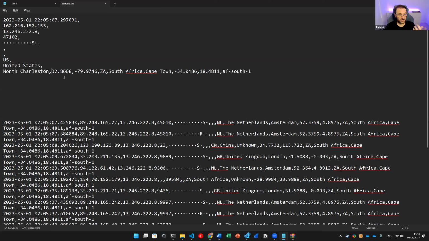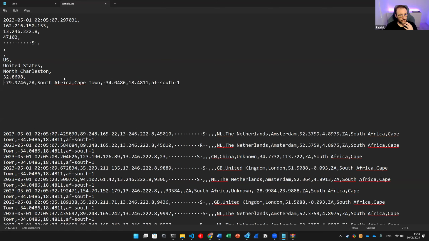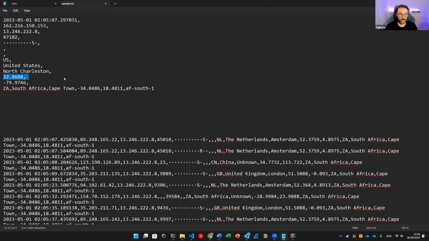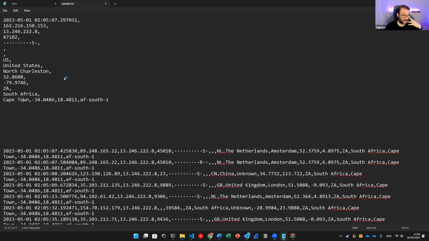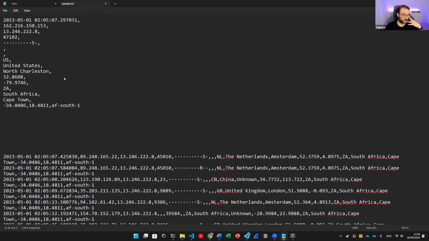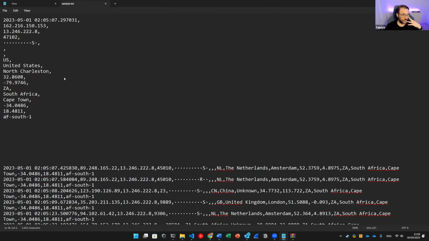So you have to handle that as an exception in Python. I already do this. So this is the source latitude. This is the source longitude. Okay, so you can pinpoint on a map if you want. This is the attacked country ISO code, South Africa, ZA. That's the name of the country, South Africa. The name of the target city, Cape Town. The latitude of the target city, the longitude of the target city, and then using AWS IP ranges, the library